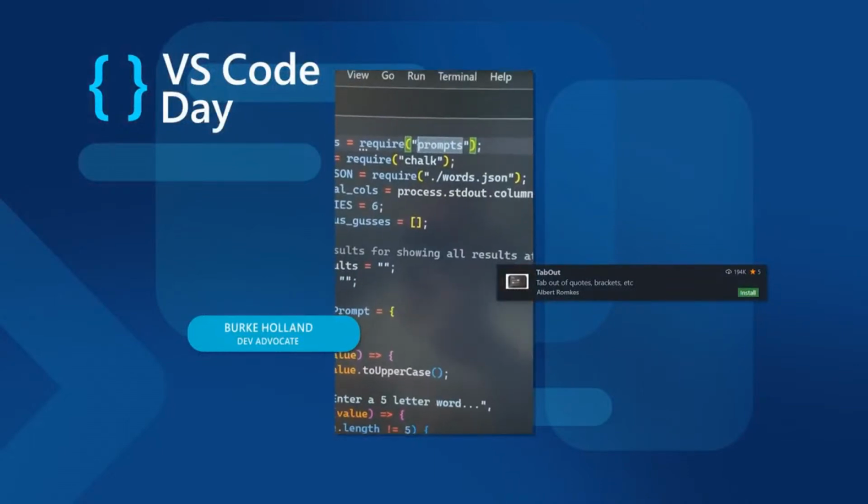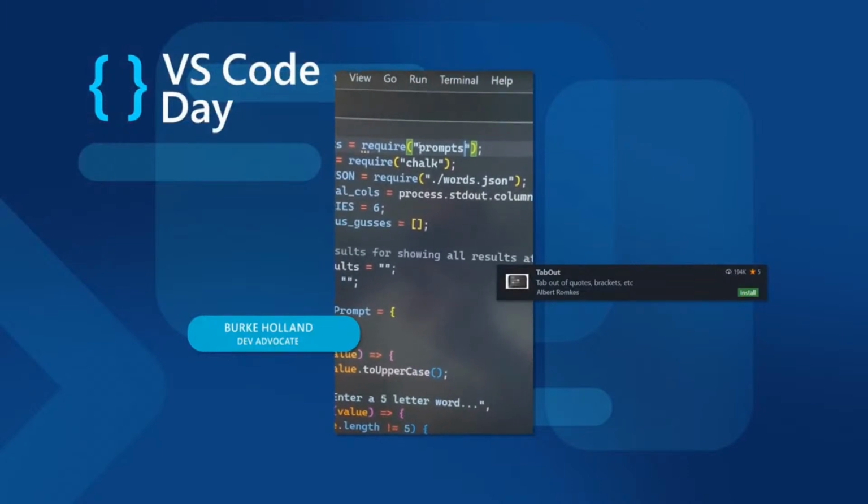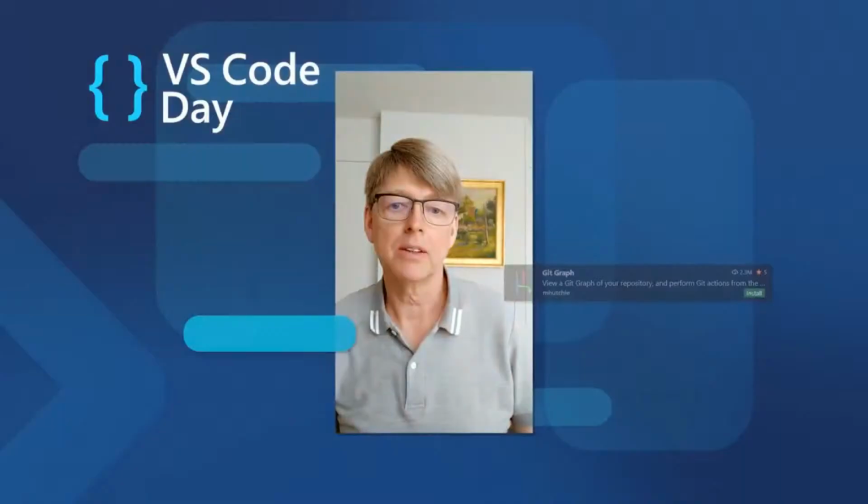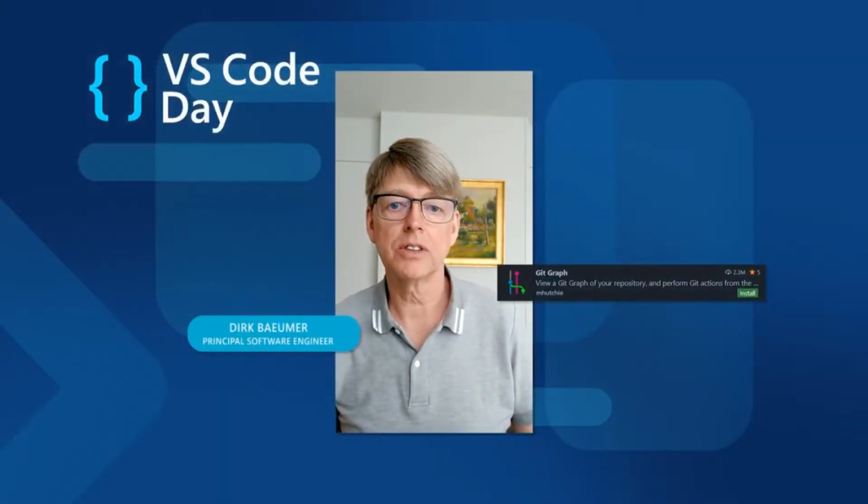It lets you literally tab out of quotes and brackets and braces. So if I press tab, I'm outside the quotes. If I press it again, I'm outside the braces. Tab Out. Hi, my favorite extension is Git Graph, since it allows me to manage the commit history in an